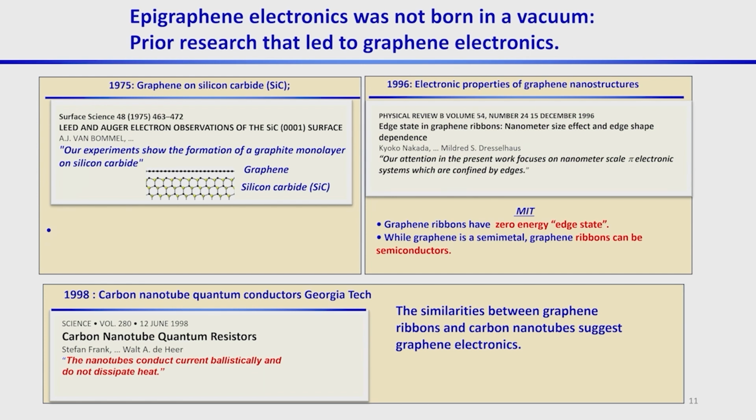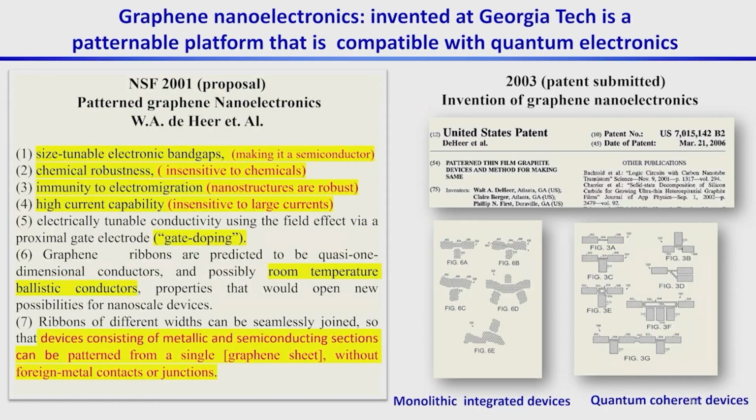And in the late 90s, I had worked on carbon nanotube quantum resistors, and there too we found out you can get fantastic performance out of carbon nanotubes. Now the carbon nanotube is a true precursor of graphene. It's also called a rolled graphene tube. And from that, very early on, I looked at